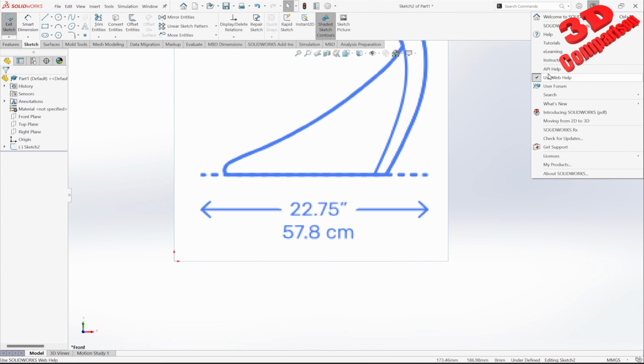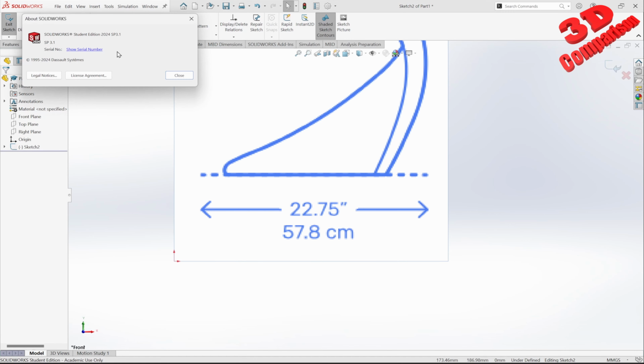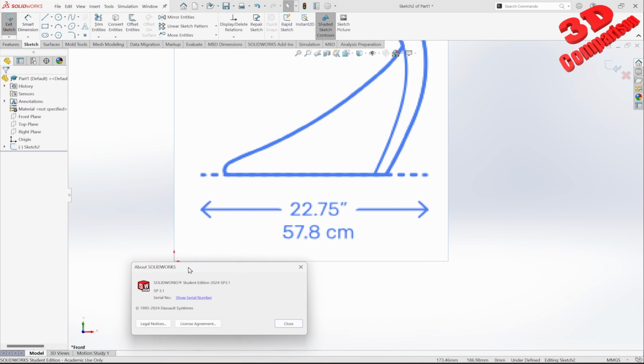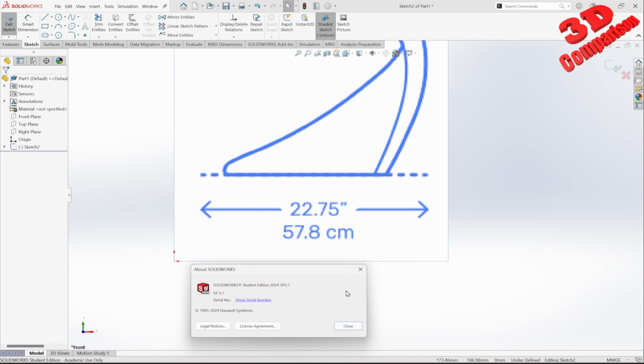For example, I'm currently, if I go over here and go to About SolidWorks, you're going to see that I'm using the 2024 Service Pack 3.1. So within this version I don't have that problem, but maybe within some previous service pack from 2024 this problem